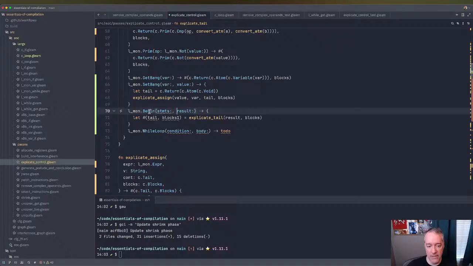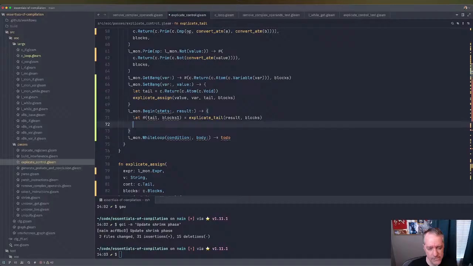So that if this is in tail position, then this is in tail position. But these are in effect position. And I feel like we should sort of fold right. Because, for each one of these,